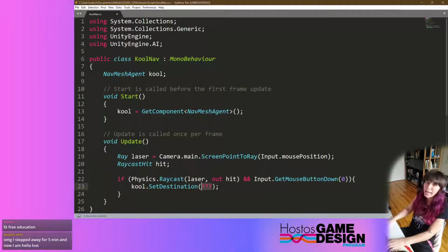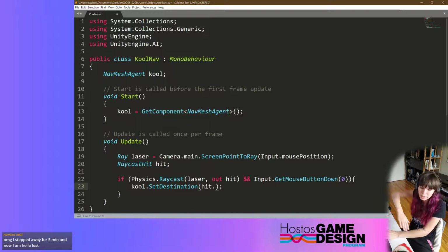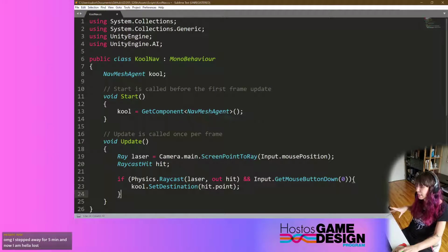If I want to access the position of our raycast hit, if you're using Visual Studio, you can use the predictive autocomplete and it will pop open a little box showing you everything. Or you can go on the scripting API and find out all the different variables, properties and methods of a given class. So I know that I can use raycastHit.point,